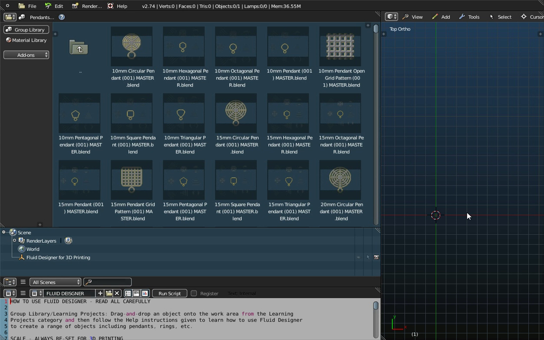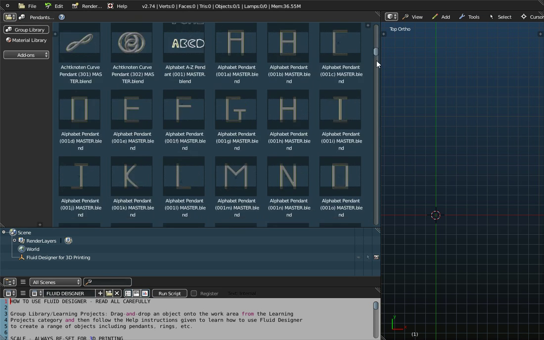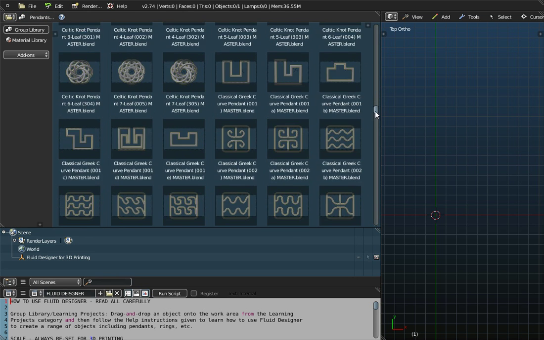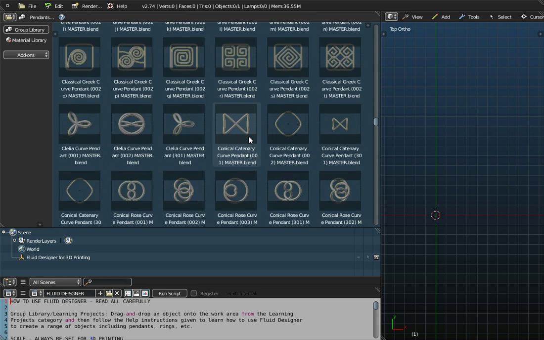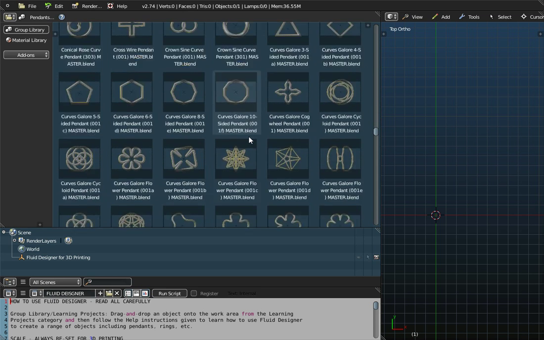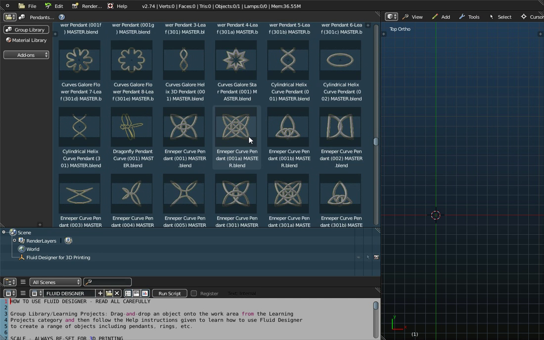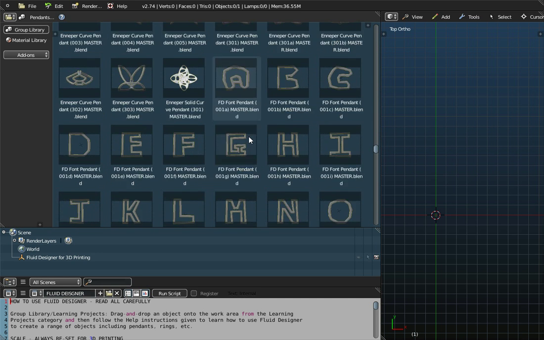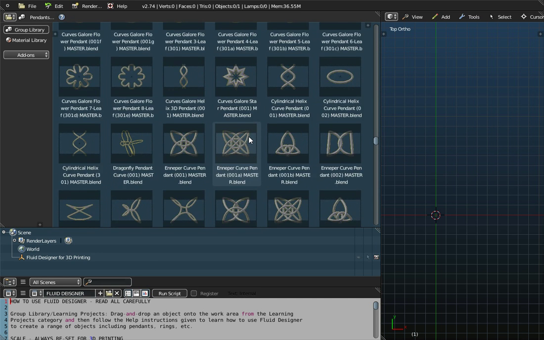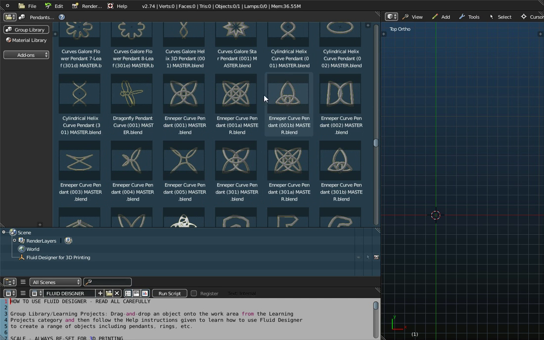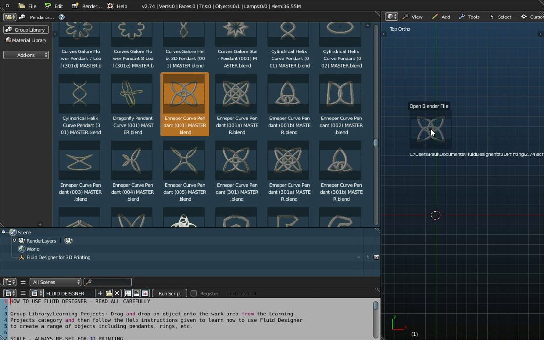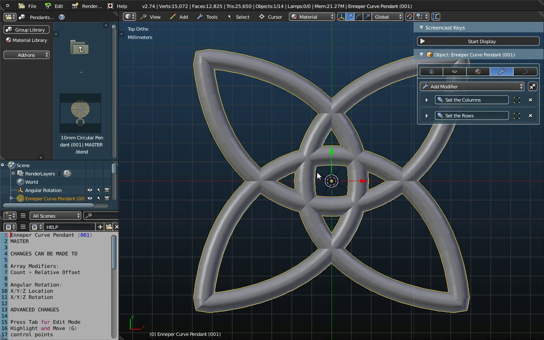So if you start Fluid Designer up, if you go to the Pendants folder, which we already are, and just scroll down the screen, you can see there's a lot of objects here. Not quite all of them, but quite a lot of these objects can be manipulated and used in a similar way to what I'm going to show you here. I'm going to show you how we can use this one, which is an Enneper curve. So if I just drag and drop that object onto the workspace,